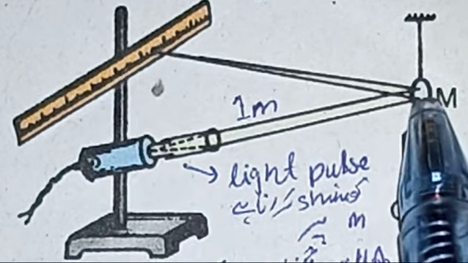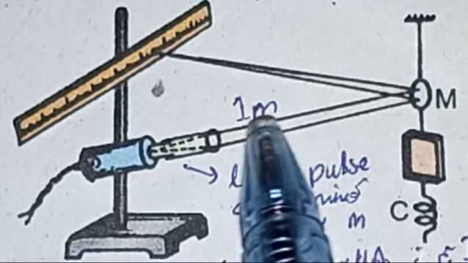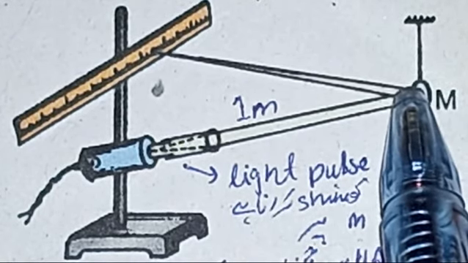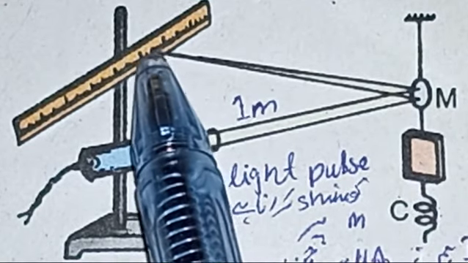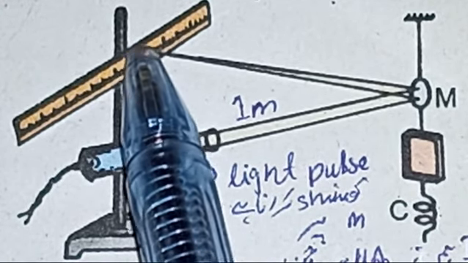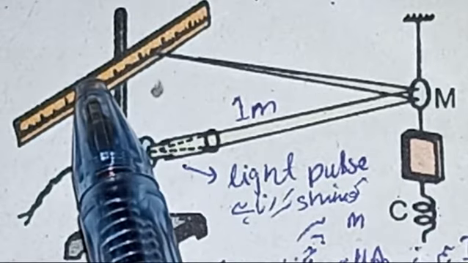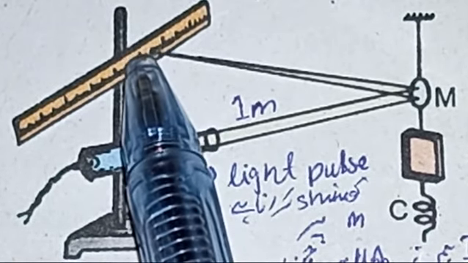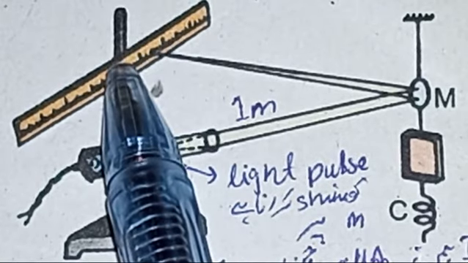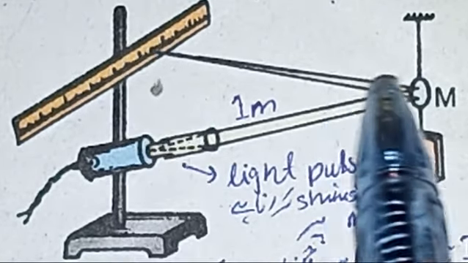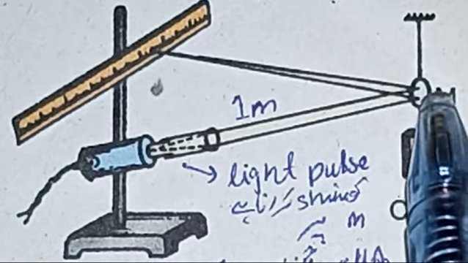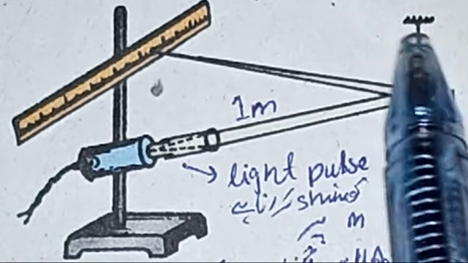Okay, so when this ray of light falls on this mirror, it reflects back and makes a spot on this translucent scale placed at a distance of 1 meter. This is important MCQ. This scale is arranged, hanged in a specific way from how much distance from this mirror? Around about 1 meter from the galvanometer. This one is a complete galvanometer.